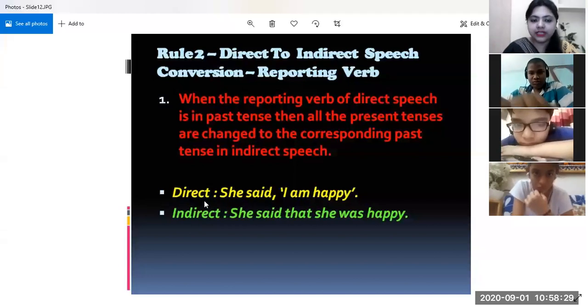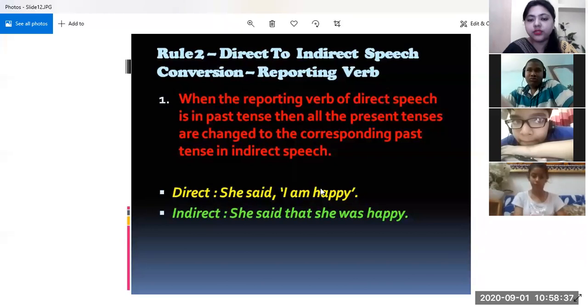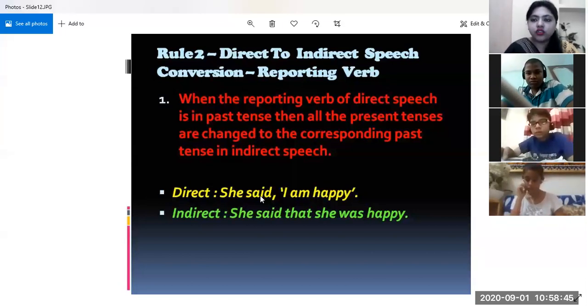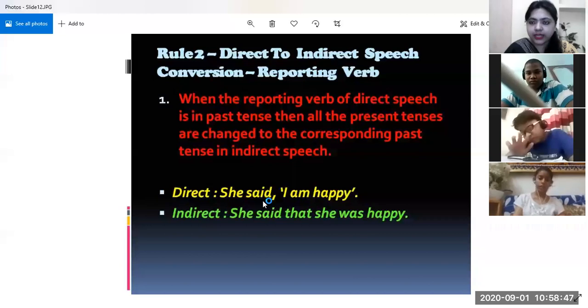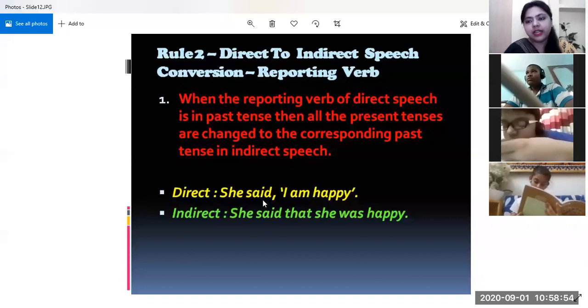The first sentence is in direct speech. She said, "I am happy." So said is in past tense, so we will be changing the whole of the reported speech into its corresponding past tense. We will learn what the corresponding past tense is, but right now you should just know that whenever you find a said, or a past tense of the reporting verb, then we have to change the sentence into the past tense. While when it is